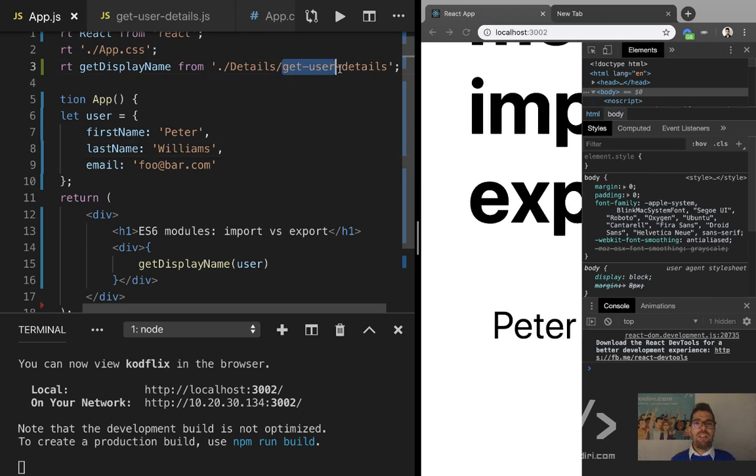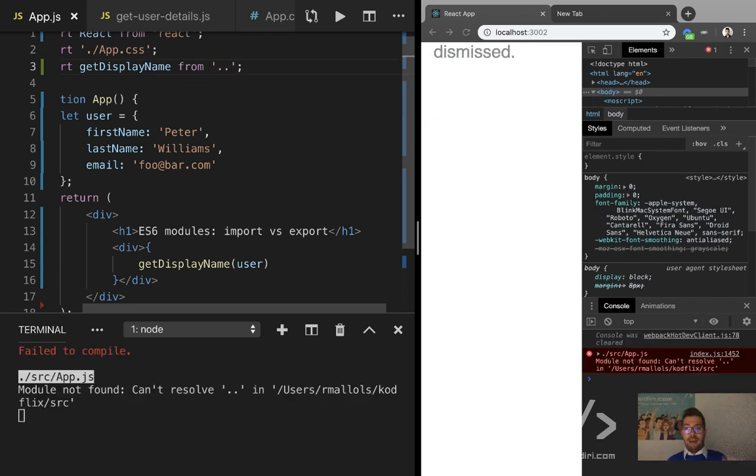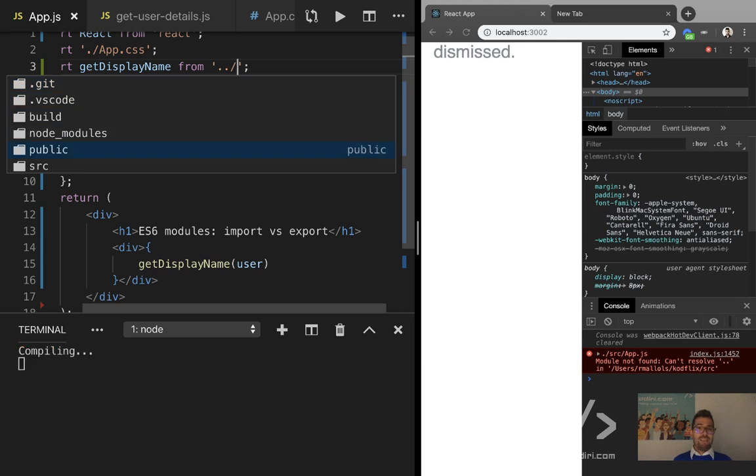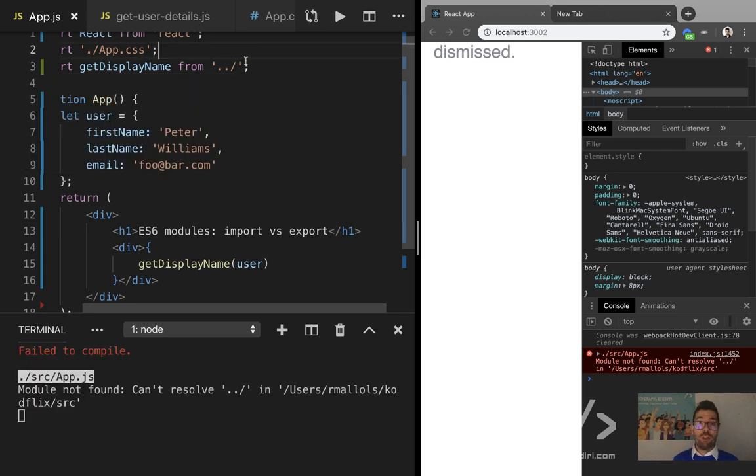What happens if getUserDetails was in a parent folder? How do we access it? Correct. Bilius is right. .. goes one level up. You see, when you type /, then you can go anywhere. I have nothing in the parent. But that's the way. And actually you can do ../